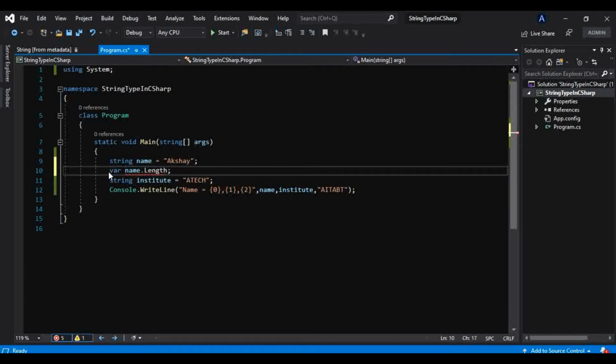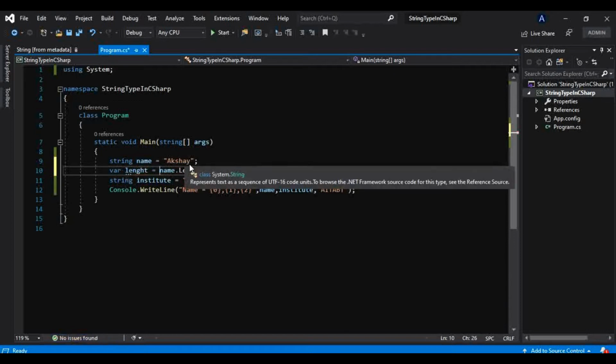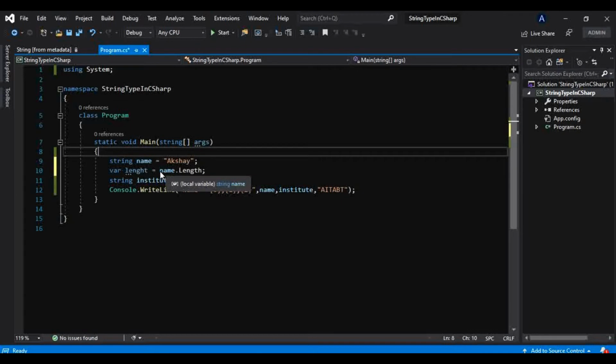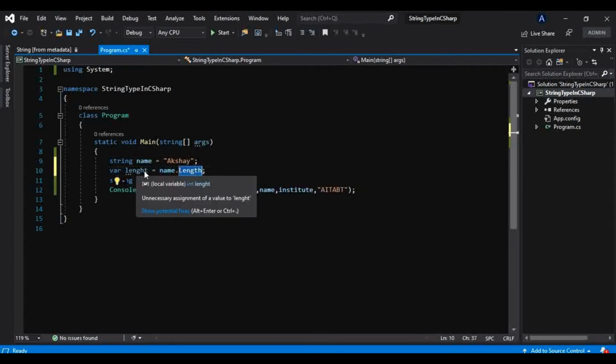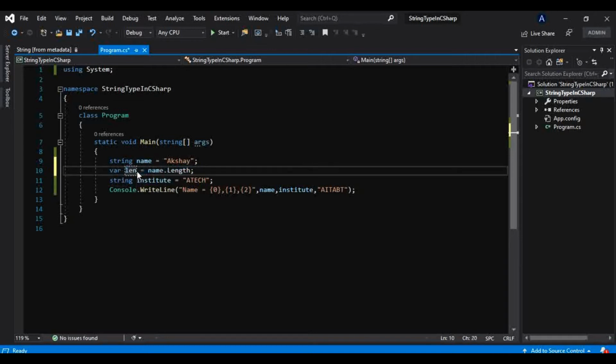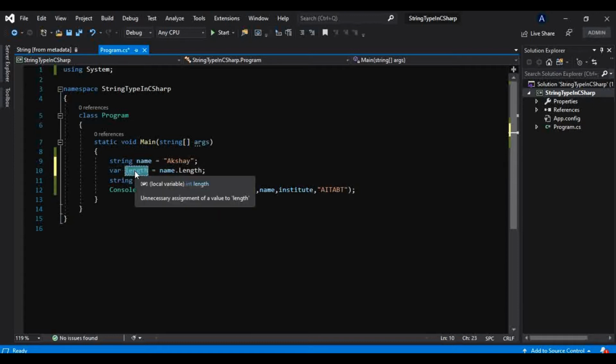Let me have one variable here, that is length maybe, and length equals the string type's Length method, which will return the actual length of this string. And that we will print onto the console.